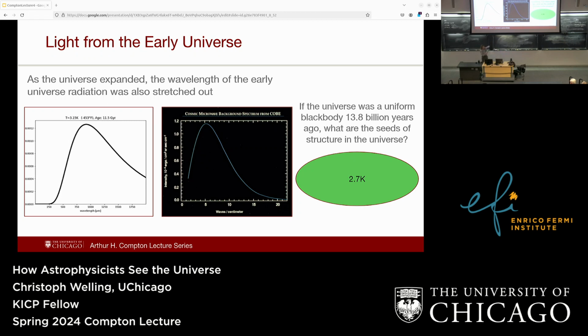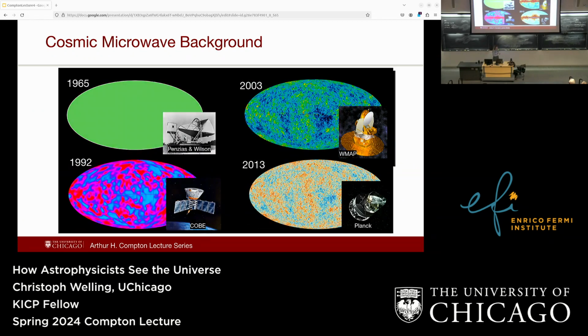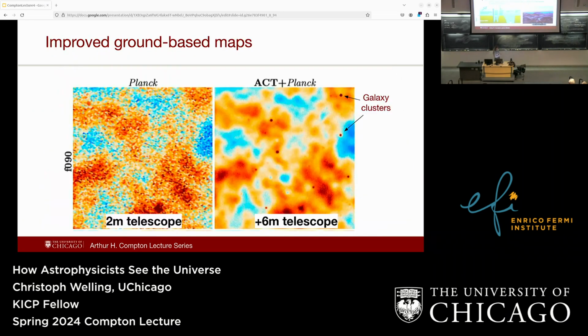The 2.7 Kelvin degrees is really the temperature of the universe, of empty space. That's what you'll be at, 2.7 Kelvin. This radiation fills empty space. It's the only thing in empty space, and so it's the only thing keeping you warm at the end of time. Something comforting, I suppose.